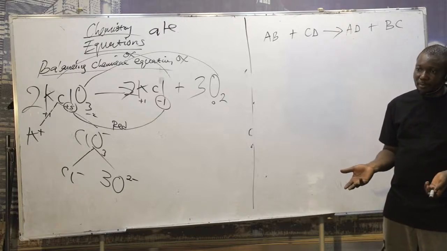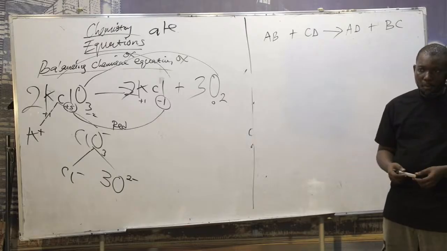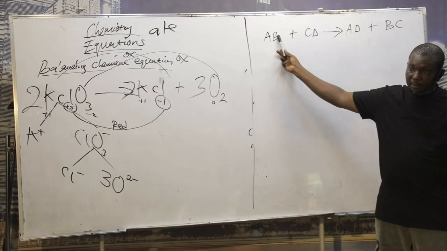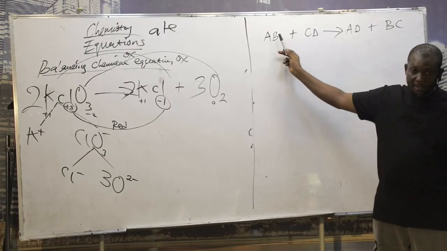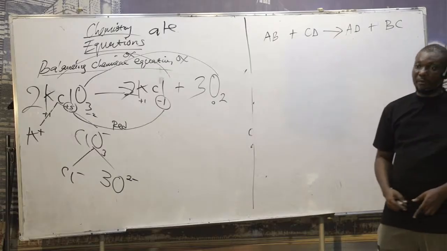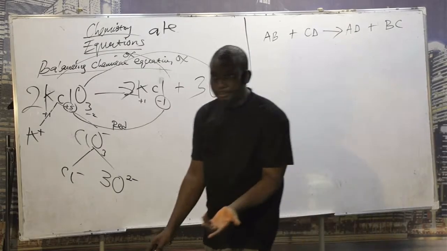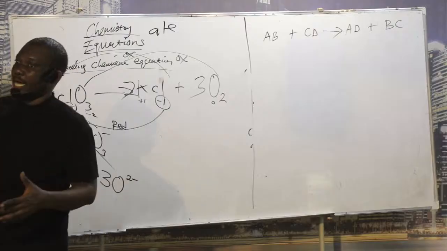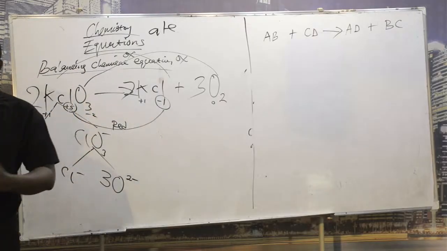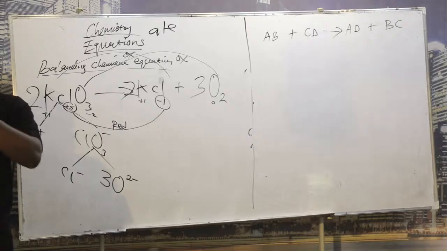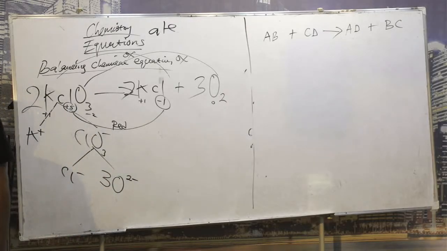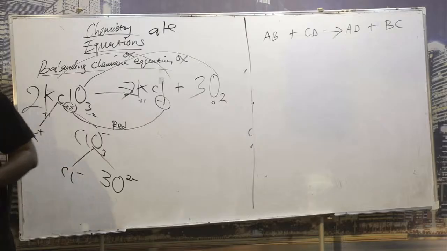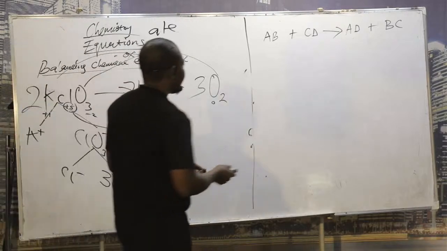What did I explain? AB is a compound. CD is a compound. A element, B element. When you have two or more elements combined, what do you call it? Compound. This is an analogy to what I want to explain. You know what I mean by analogy? I'm using it to generalize that kind of equation. Then I want to now use an example. I want to assume that AB is